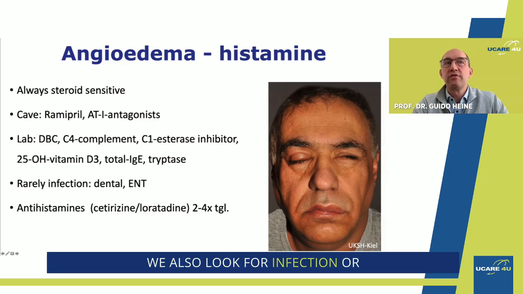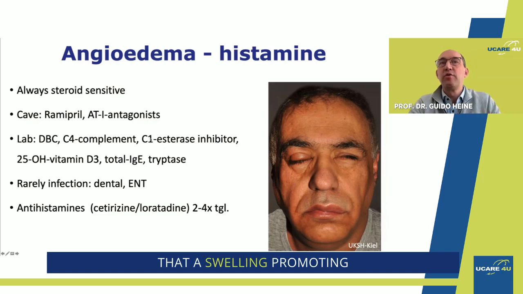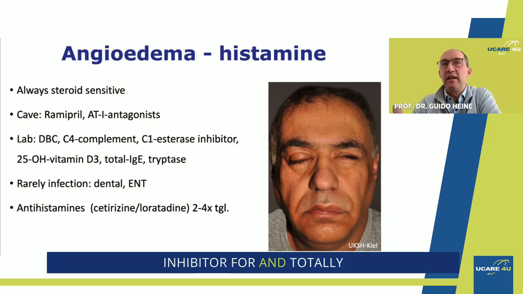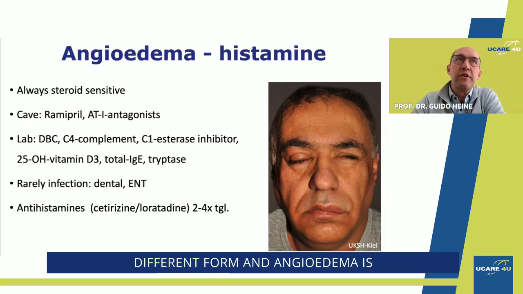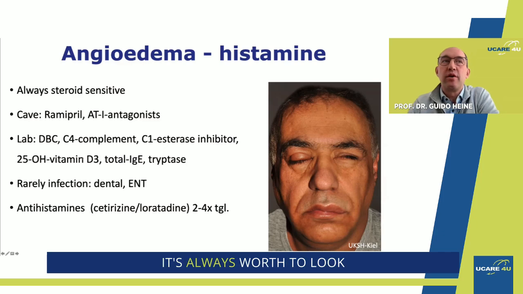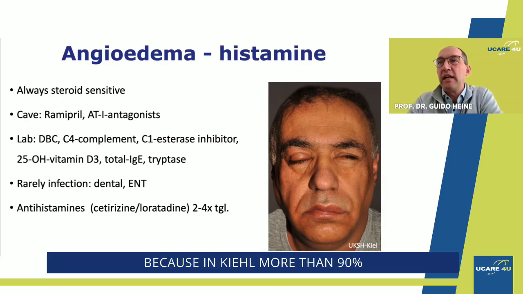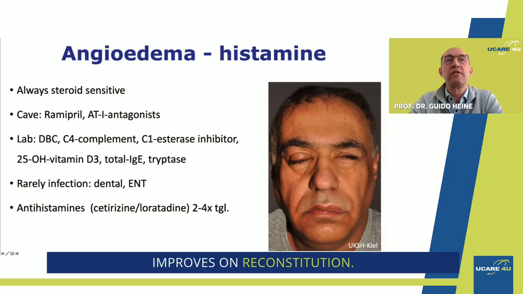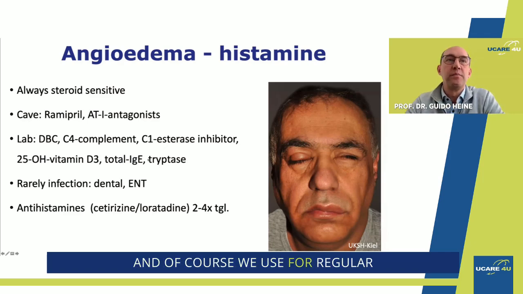We also look for infection or complement use, and we exclude that a swelling promoting factor, the C1 esterase inhibitor, is reduced, which would indicate a totally different form of angioedema. In those patients, it's always worth looking for vitamin D in the blood, the storage metabolite, because in Kiel more than 90% of the patients do not have enough vitamin D in their blood, and it improves on reconstitution. And of course, we use the regular